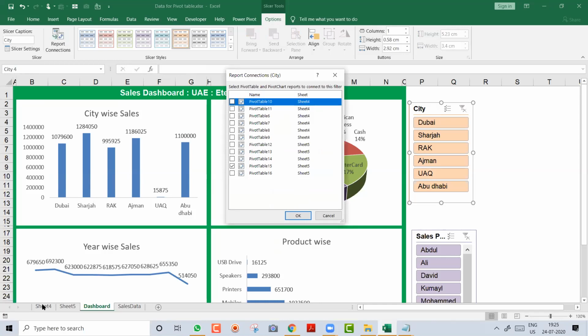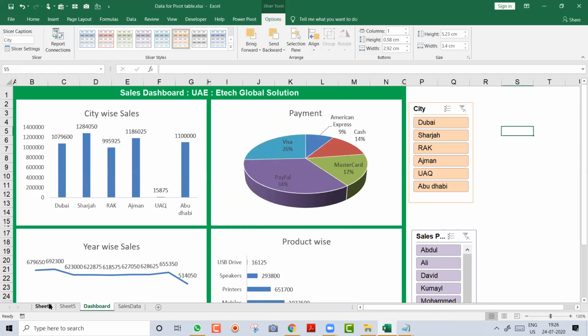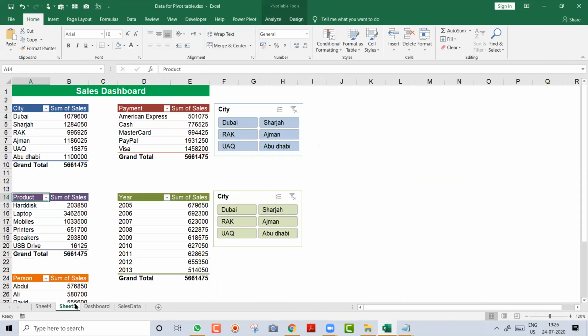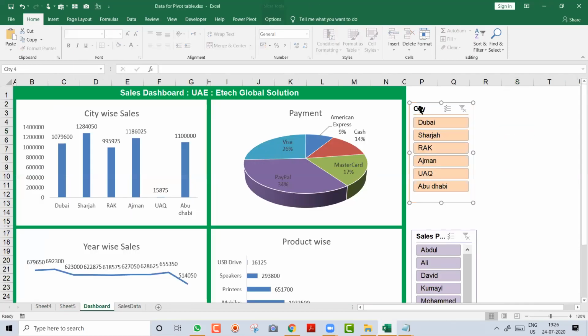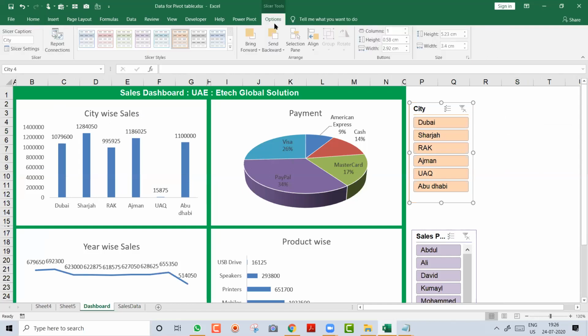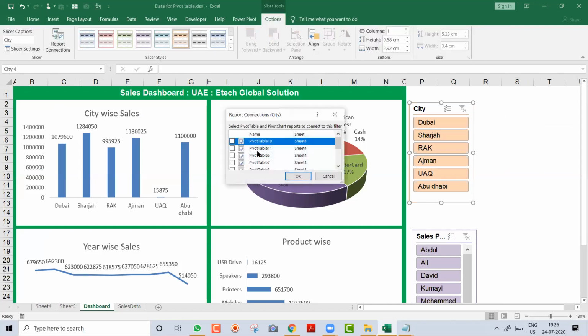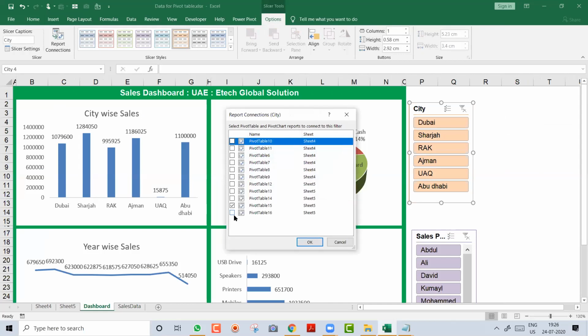So let's say I go to my fourth sheet. This is the fourth sheet. This is the fifth sheet. Now I will come over here and you can connect each of the slicers to that. You have to just check the name. Let me do it for all now, because we don't have time. So I click on all the reports, so that when I click on that slicer, all should update. Just click on that and I say, okay, that's all.